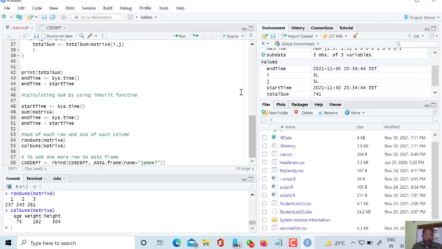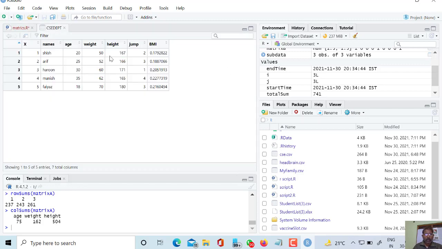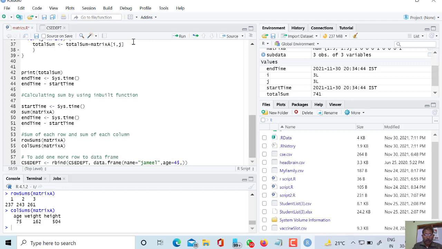name is Jamil. Age equal to 45. Weight equal to 45. Jump equal to 3 and BMI equal to.